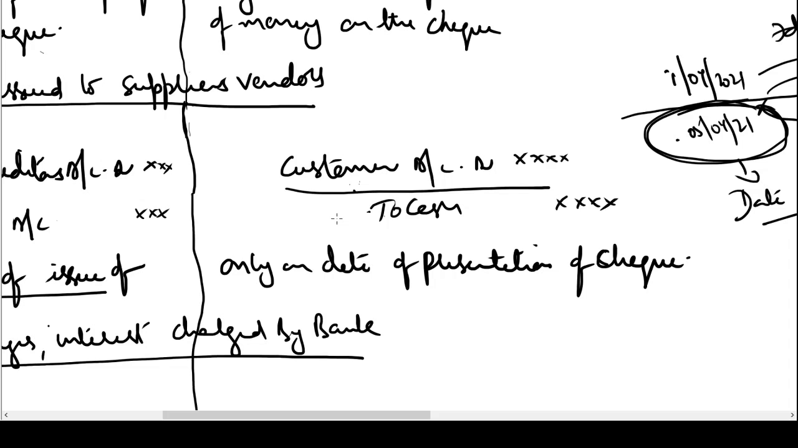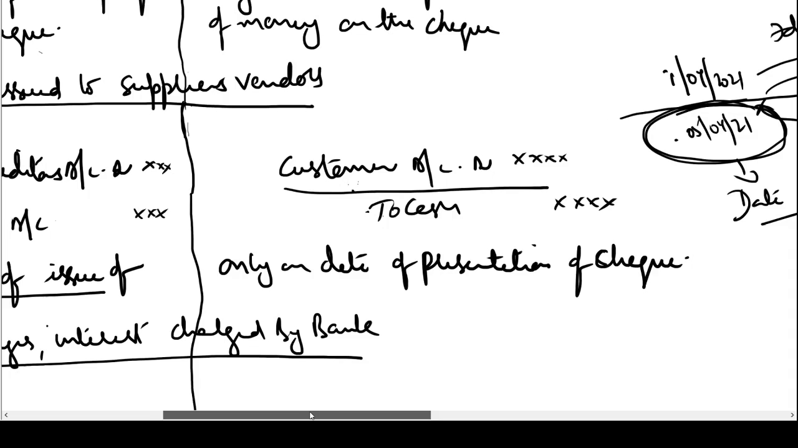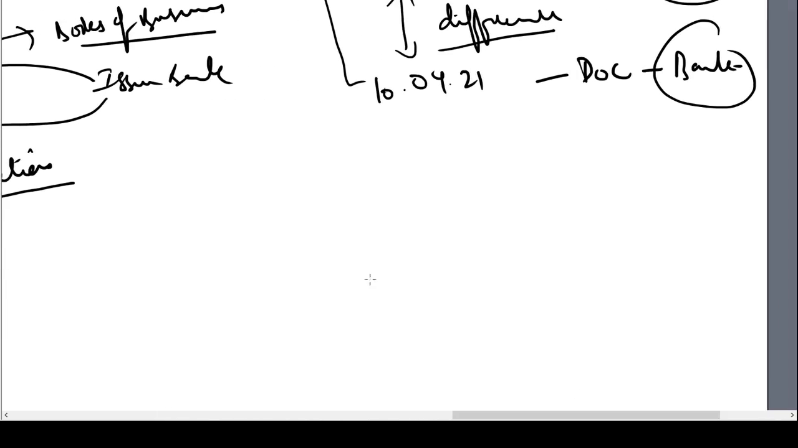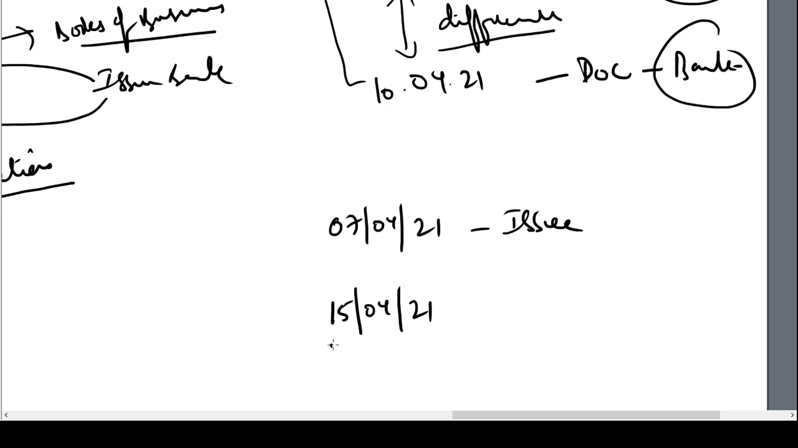The bank is not going to get to know that my customer has issued some checks. I have to pass entries for that in my books of account. So I'll again explain here. On 7th April 21, I issue checks. The suppliers or the persons to whom I have issued the check go to the bank and try to collect their payment on 15th April,